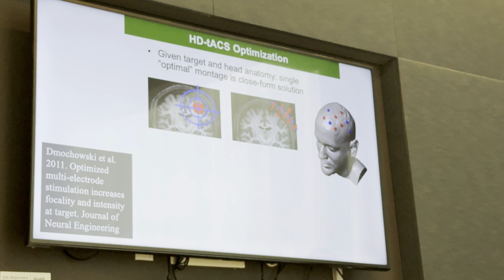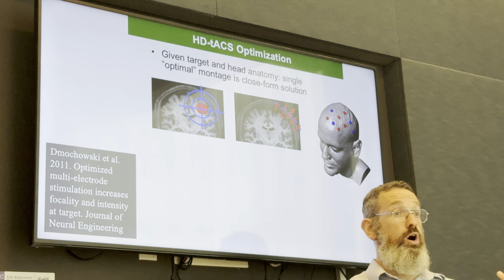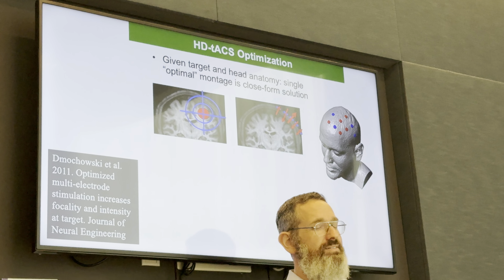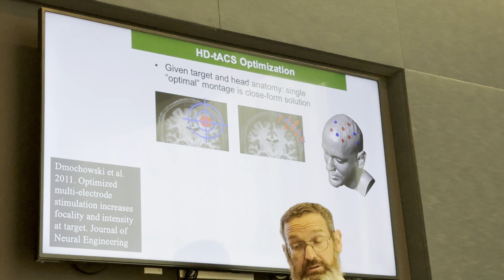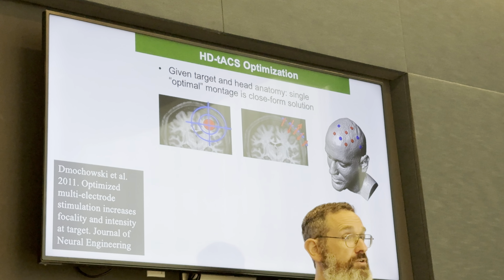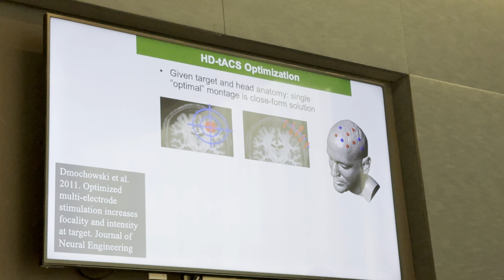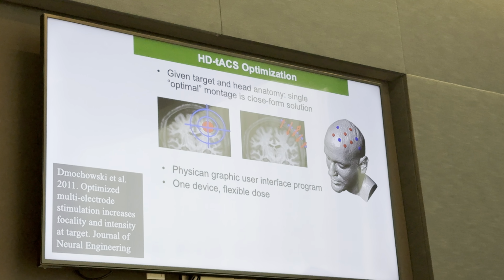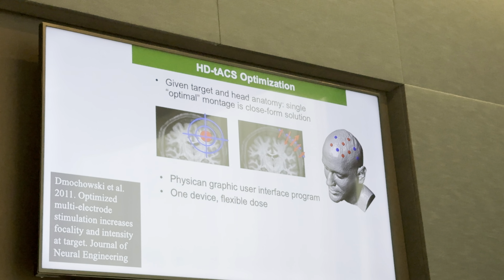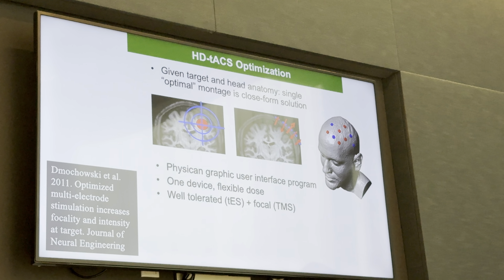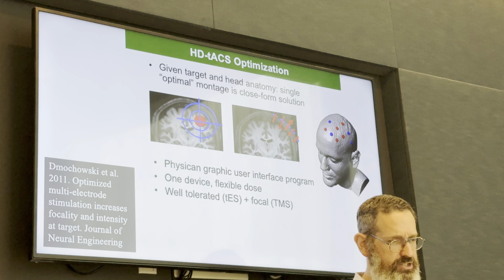So this is something we and other engineers have been working on for a long time. The good news is there's software available to help you figure out where you should put the electrodes to target a particular brain region, different optimization algorithms. Some of them are commercial, but some of them are open source. Some of them are easier to use, some of them are harder to use. Again, they're all based on a single piece of device. They all operate within a scheme, I should mention, where